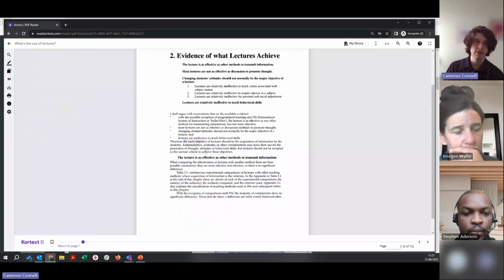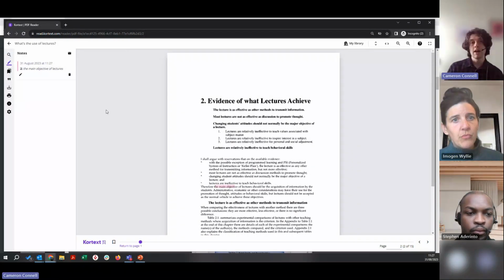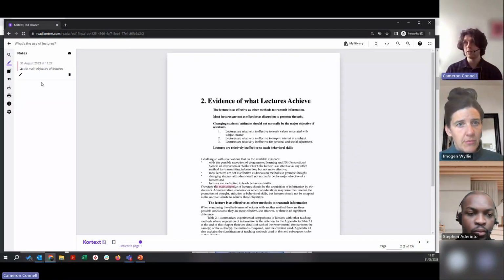There we are. Okay, apologies everybody, not too sure what was happening with that, but as you can see, you can make use of the highlight feature here. And then if you go and click on the pencil icon here, you get to notes and you can see the different highlighted sections of the scan.